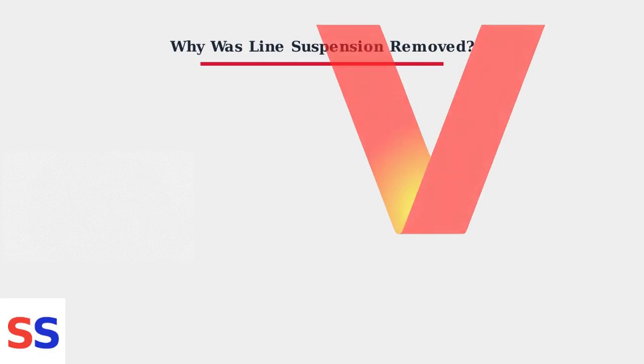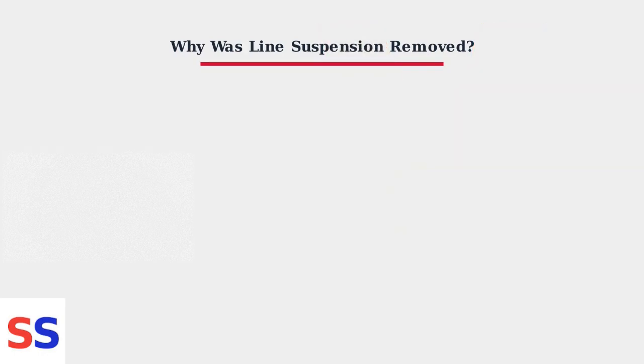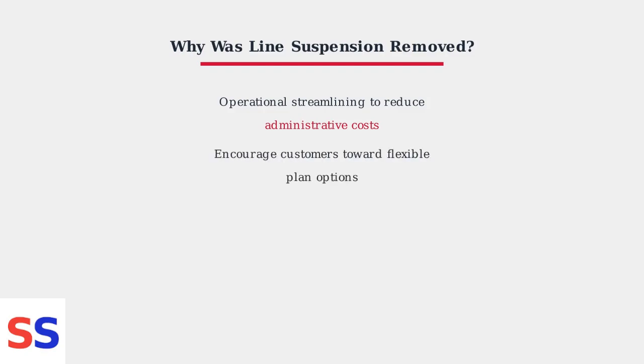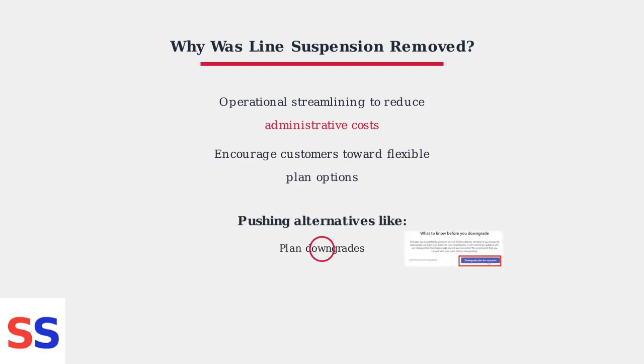Verizon removed line suspension in September 2023 as part of operational streamlining to cut administrative costs and shift customers to more flexible plan options. The main goal was to reduce costs associated with managing suspensions, which were becoming less popular as data usage increased. At the same time, Verizon wanted to encourage customers to use flexible plans that adapt to their needs instead of pausing service entirely. Instead, they promote alternatives such as temporary plan downgrades and data add-ons that provide similar benefits without the complexity of